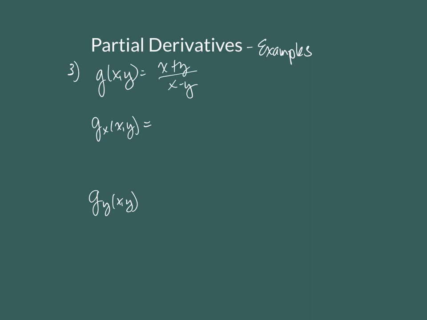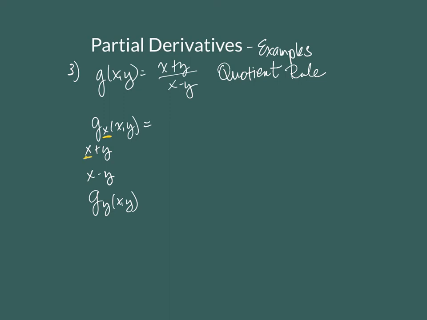Okay, here's another. This one is going to require a quotient rule. Just like before, if we see a quotient, this is going to require a quotient rule. So I'm going to do this a little bit differently than I did the others. And since this is the quotient rule, if you've done bottom d top minus top d bottom over bottom squared, or some students use what's called the ribbon method, where you write the numerator and you write the denominator.